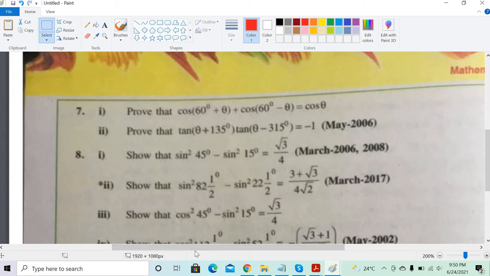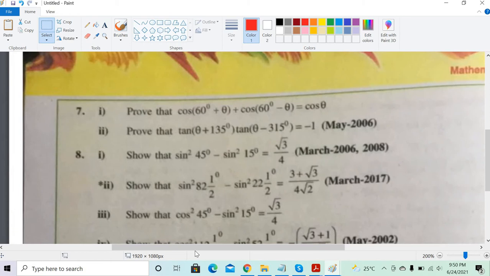Yeah, why not? But then that won't help. I don't think you have to use this and that. Because that's not a formula, this is what you've proven. You can try, but it won't help anyway. We don't need 45. It should come in theta's form and somehow cancel out. See, tan A plus B into tan A minus B, that is as simple as that. You can just expand it. You should be able to get it.